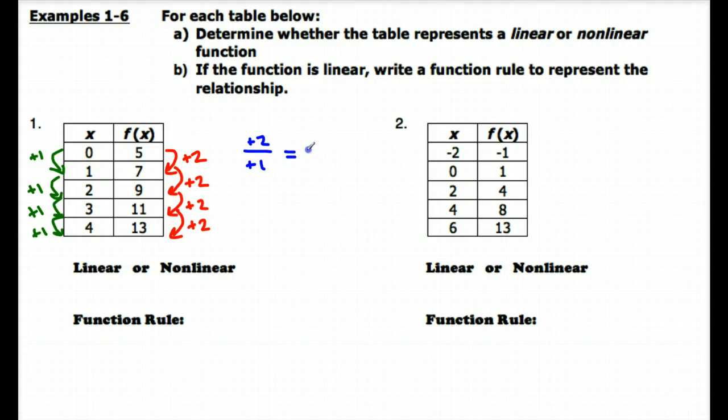2 divided by 1 is 2, and so we had a rate of change of 2. Then I have to look at the rate of change from my second ordered pair (1, 7) to my third ordered pair (2, 9), and do the same exact thing. For my next ordered pair I had 2 for the change in my y value,